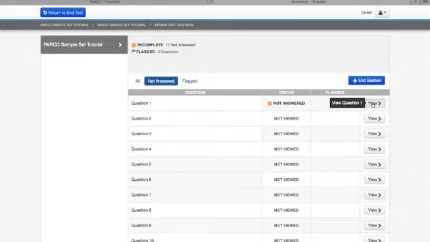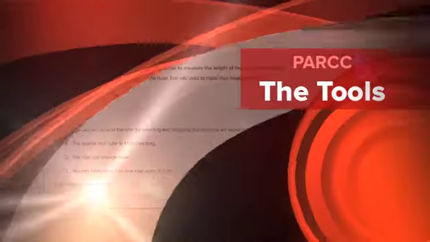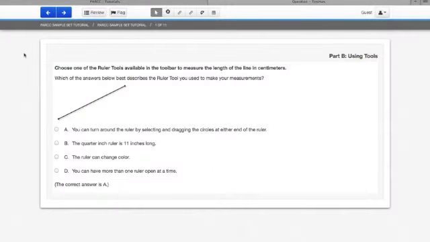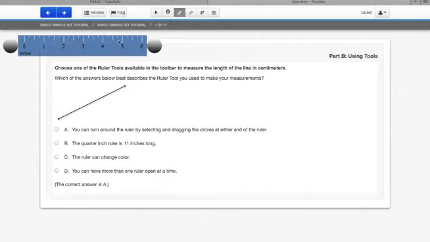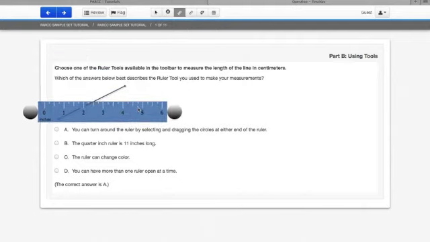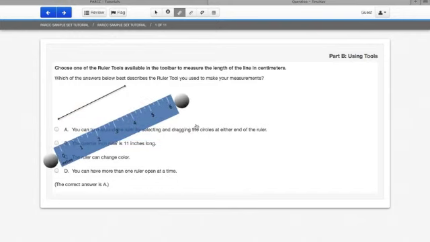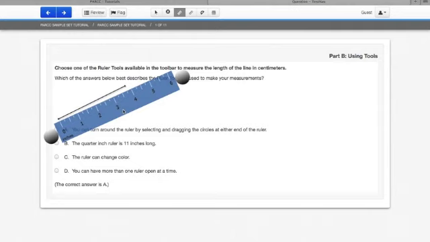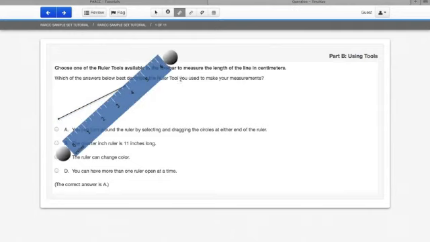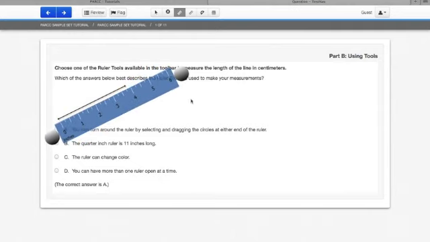We will begin looking at some tools available for students to assist in completing tasks. The first question of the tutorial requires you to explore the ruler tool. Select any of the rulers available from the toolbar. We can click and drag the ruler across the screen, but in order to measure the given line, we need to rotate the ruler. To do this, simply click on the gray circles on either end to rotate the ruler